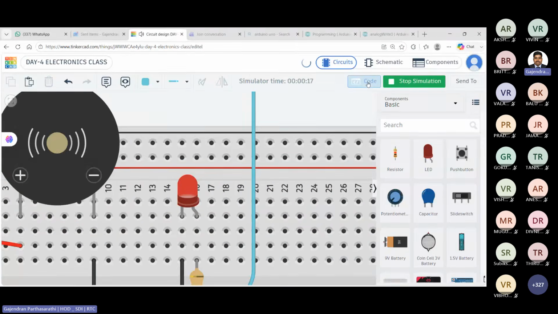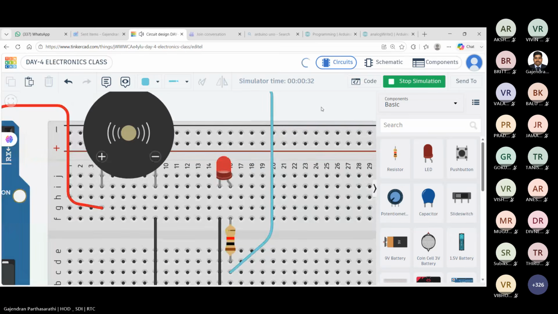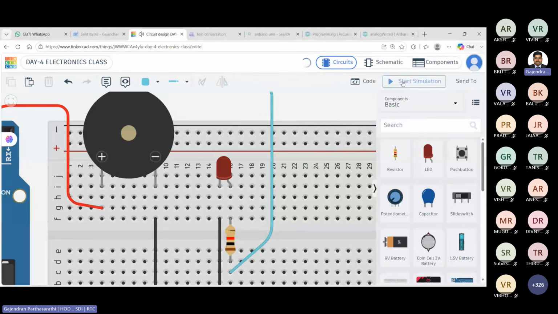Can you realize the outputs, engineers? Once it comes to 255, the brightness is more. Can you try this from your side, please? Brightness will vary slowly,